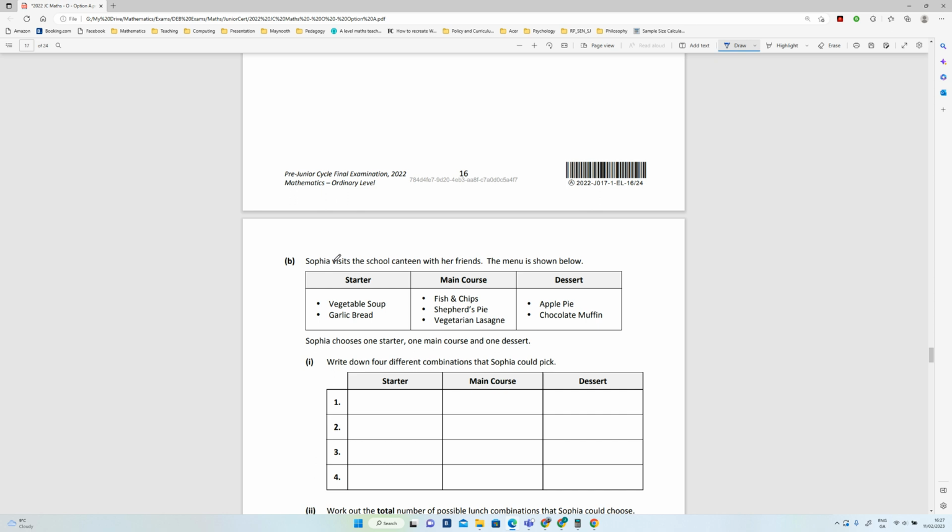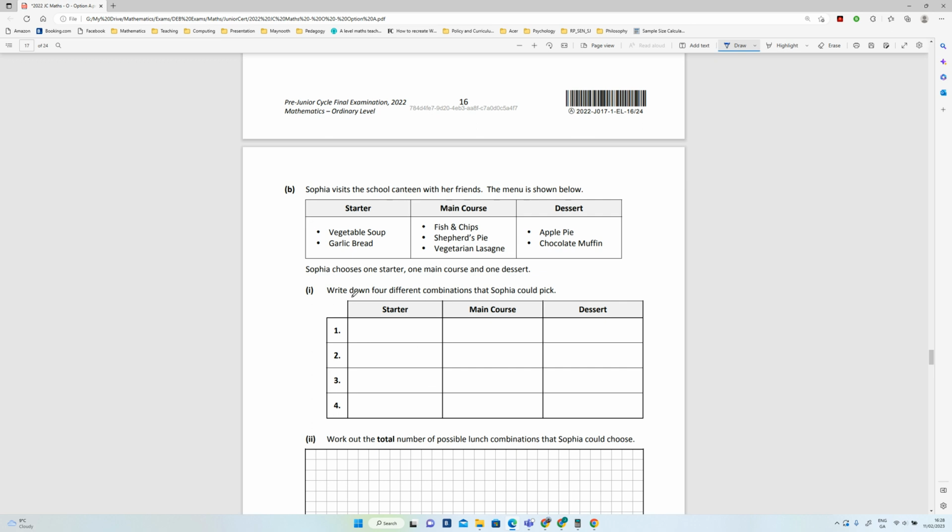Next part, Sophie visits the school canteen with her friends. The menu is shown below. So they've got 3 courses: starter, main course, and dessert. Write down 4 different combinations that she could pick. So you can pick whichever you want. Okay. So we'll go for